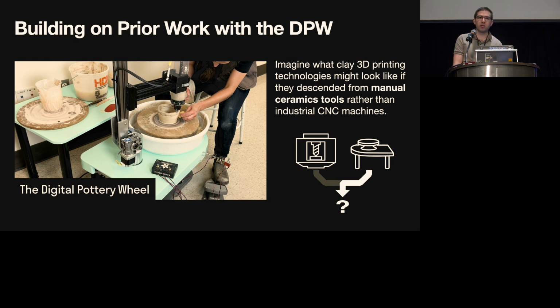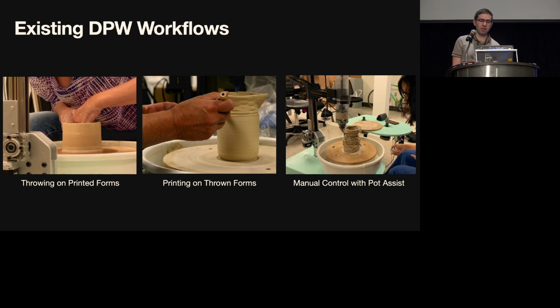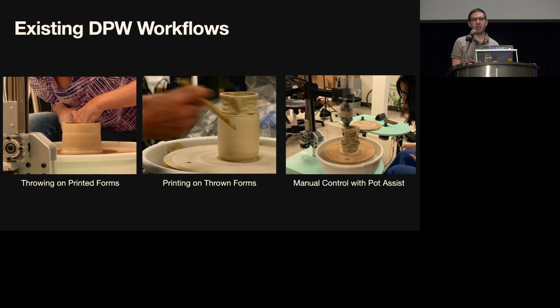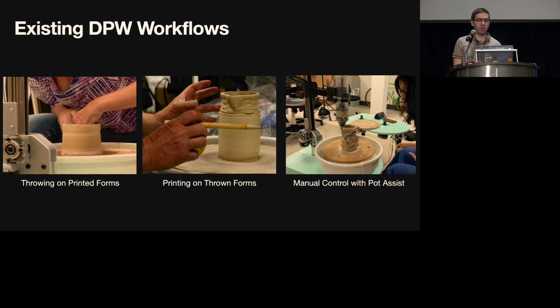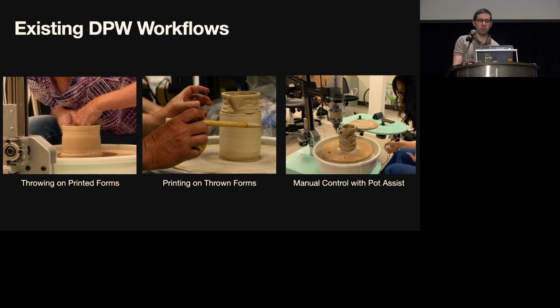The DPW is a traditional throwing wheel augmented with 3D printing capabilities. We imagined that clay 3D printing preceded CNC technology and wondered what form factor and approaches it might take had it descended from existing ceramic practice rather than industrial modes of production. The result was a polar coordinate 3D printer that uses the rotational axis of the wheel for printing. This harmonization of new and old about a shared axis enabled several new craft-centric digital fabrication workflows, such as throwing on a printed form, printing on thrown forms, as well as meaningful real-time manual control of the printer through what